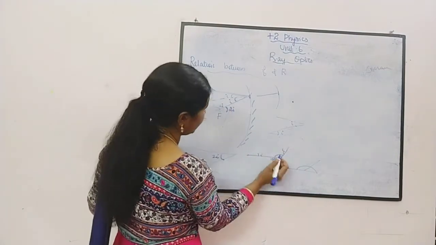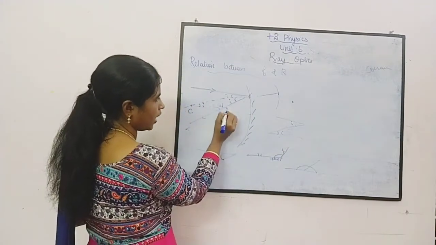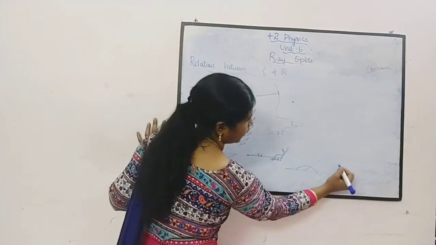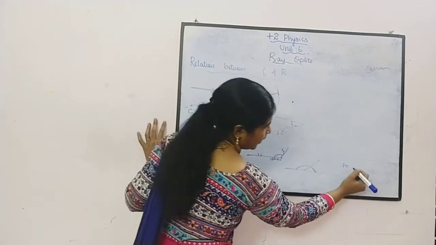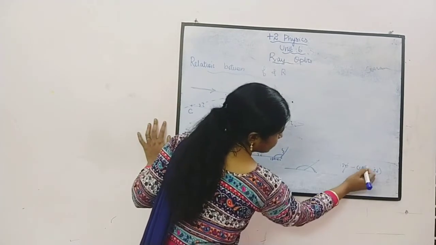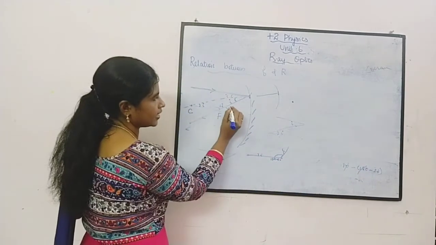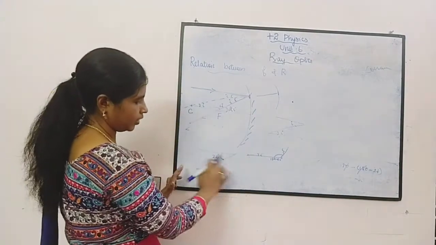180 minus 2I. Here there is no angle. Consider that we don't know it. How will you find out? Totally it is 180. Of that I need only this, so I have to subtract. So 180 minus of 180 minus 2I. So cancel. So that is equal to plus 2I. By this we can get here as plus 2I. We can write it this way also, or simply as I said earlier.